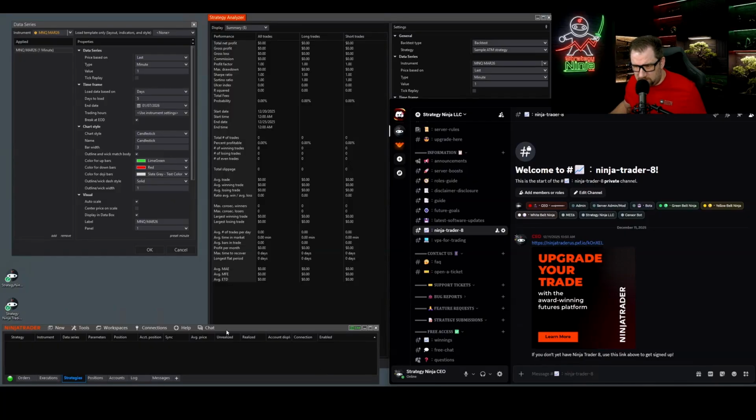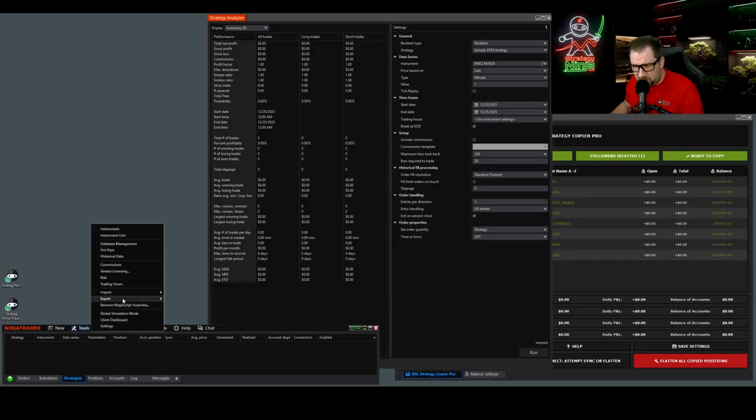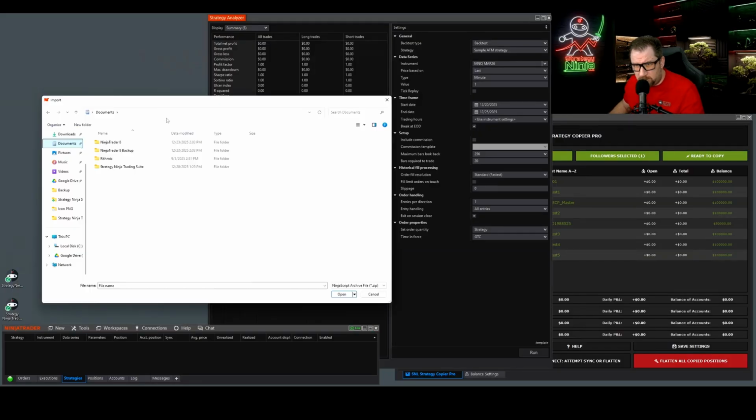And basically you can close all the windows except for this window right here, which is your control panel, and start with that alone. So once you got that, you'll go to Tools here, and you'll actually go to Import and NinjaScript add-on. So then you'll see this import window from NinjaScript, and you actually want to go to Documents,